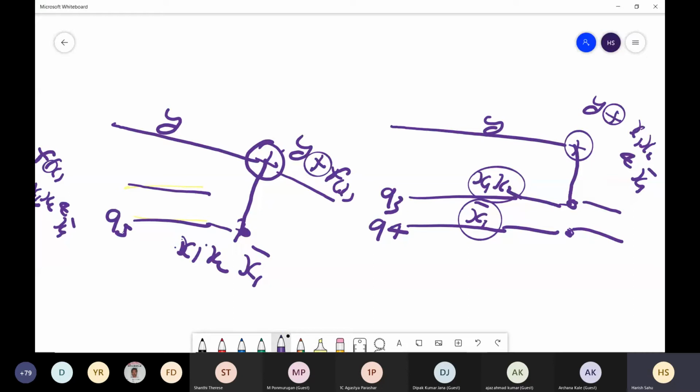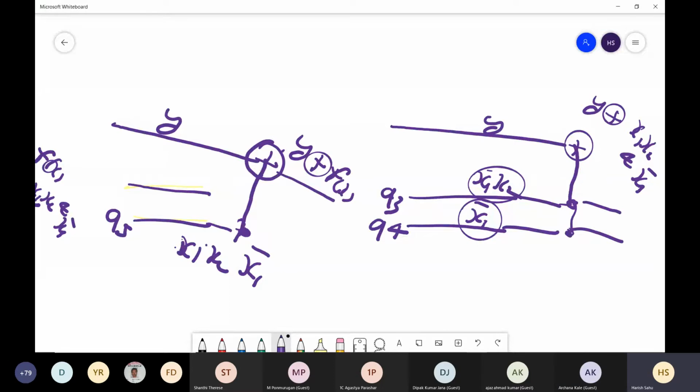Rather than having an extra Q5, I can simply apply a control NOT gate from Q3, Q4 to Y. So what will we get? Y XOR with this Q3 and this Q4. That way we can reduce one extra qubit. So at the end, we have this Y XOR FX here, but in between we have modified these other qubits.